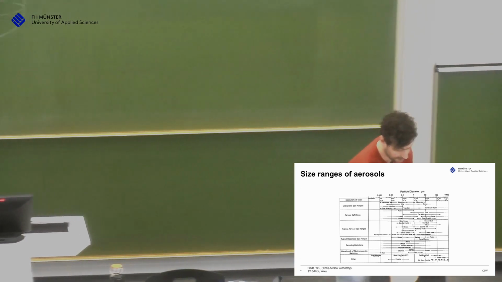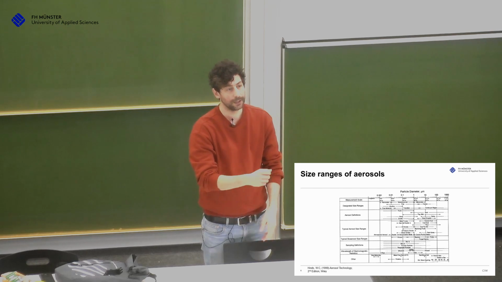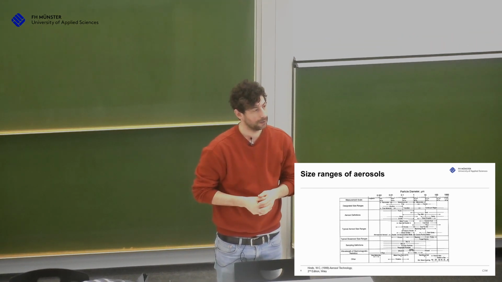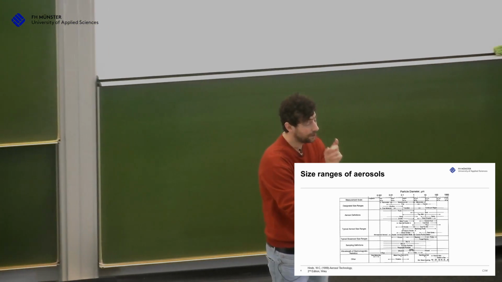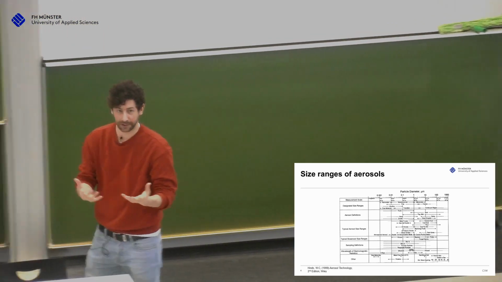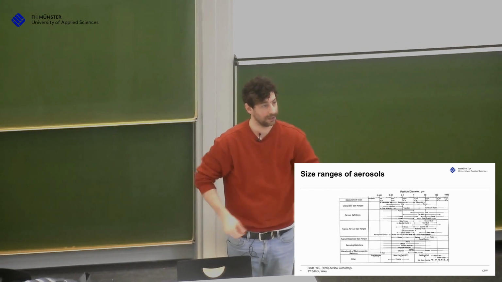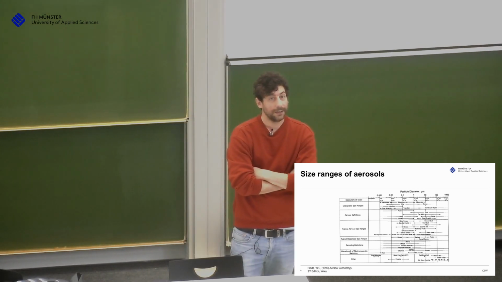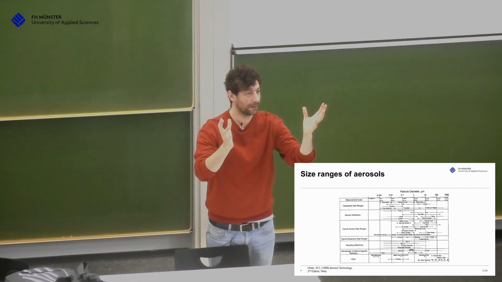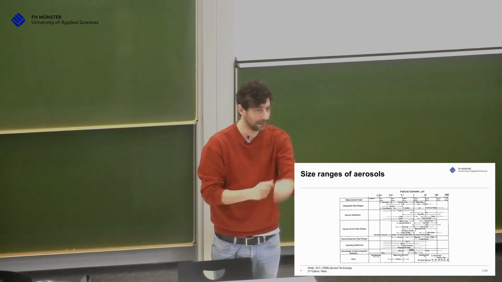Why, if I have flour just here and I try to burn it, it doesn't work, but if I would just put it in the air, it would burn. Yeah, I need oxygen, right, for the burning, but why? I don't change the oxygen in the room, but what do I change? Yes and no, because I don't change the size by just distributing it in the air. You're right, something is blocked, but